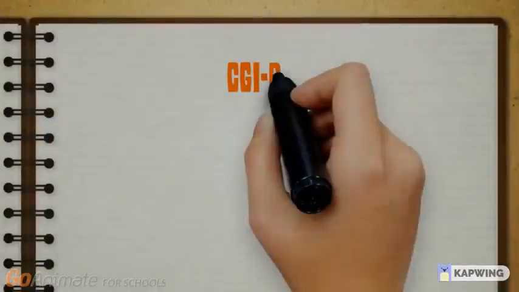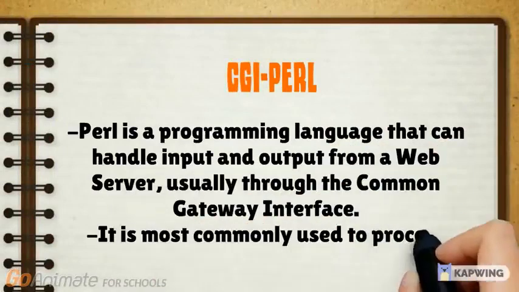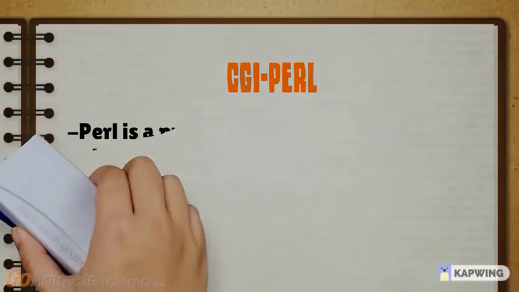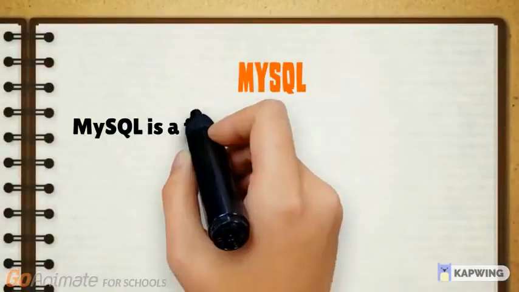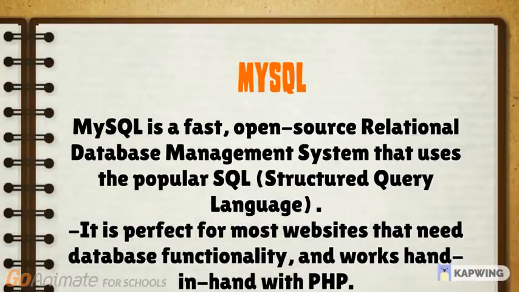Perl is a programming language that can handle input and output from a web server, usually through the Common Gateway Interface (CGI). It is most commonly used for form information. MySQL is a fast, open-source relational database management system that uses the popular SQL, structured query language. It is perfect for most websites that need database